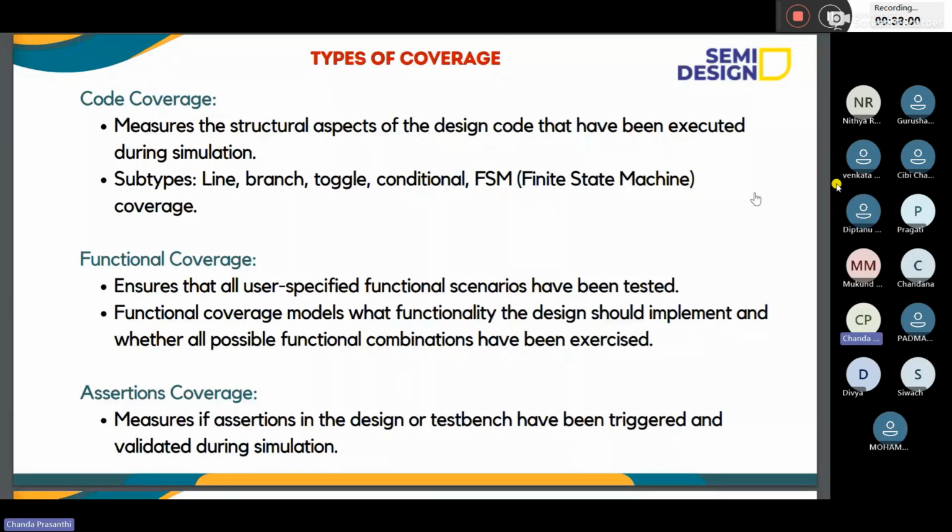Next, assertion coverage. In SystemVerilog, we write assertions to validate the design. To validate the design means, suppose there is a clock and reset.